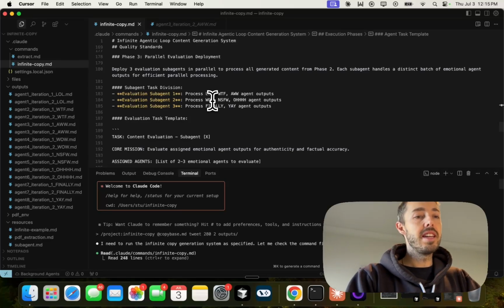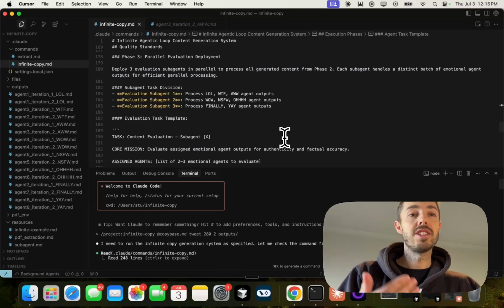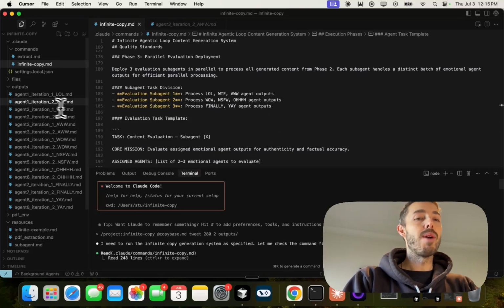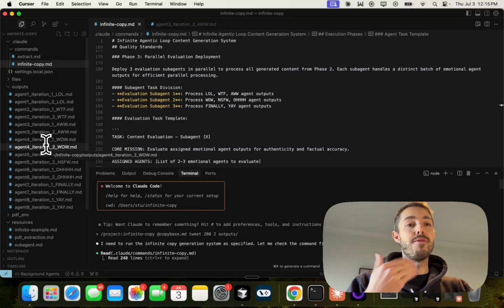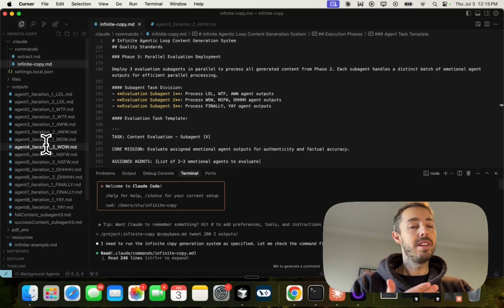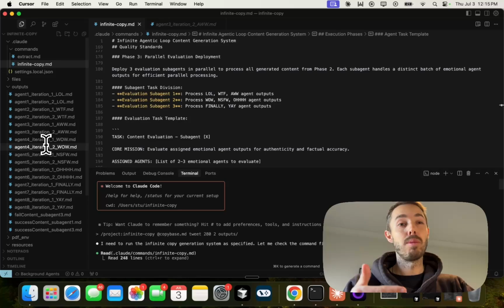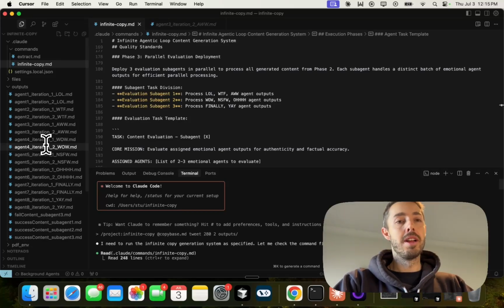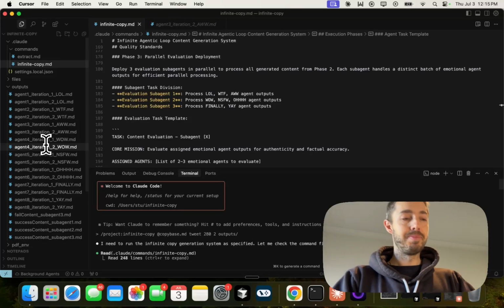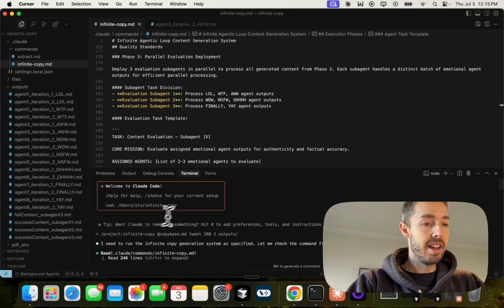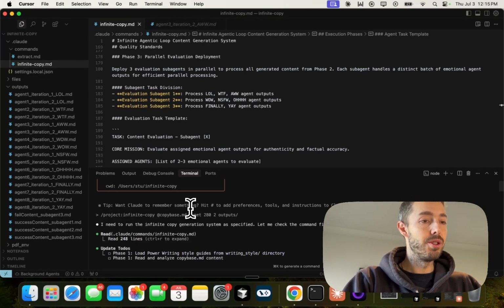Something that you could consider here is trying to have the iterations actually be evaluated immediately after they've been created, and then create the next iteration of content based on the evaluation. And that's probably what I'm going to do in my next video. But here, I just wanted to break it down so we can see that the agent's kind of doing its